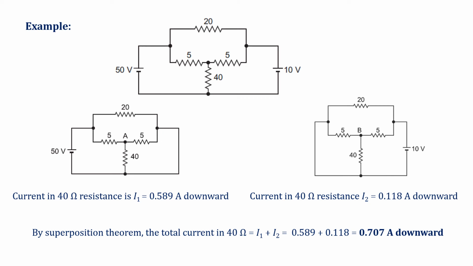If the ideal voltage source is there, you can short circuit it, and if the current source is there, you can open circuit it. Again I repeat, if the voltage source is present, you can short circuit it, and if the current source is there, you can open circuit it, and then you can